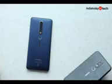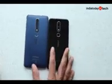Now for the second drawback, let's come back to the design of the phone. I did say the phone has a premium look and feel, and that is because of the glass back, but this design is not what Nokia is known for. Nokia is known for making very strong and sturdy smartphones, and the two previous Nokia 6 series phones were a proof of that. So the Nokia 6.1 Plus may surely be small, light, ergonomic and even good looking, but it's